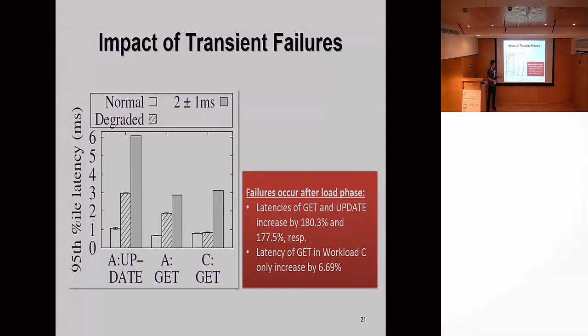After we load the data and trigger the failure, we also study the latency. Workload A in YCSB is update-heavy: 50% are updates, 50% are gets. We find that our degraded request latency is still quite high compared to the normal request. The reason is that update requests need to resolve the consistency, so it also affects the get latency later. But for workload C, which is purely gets, the degraded request is quite close to the case